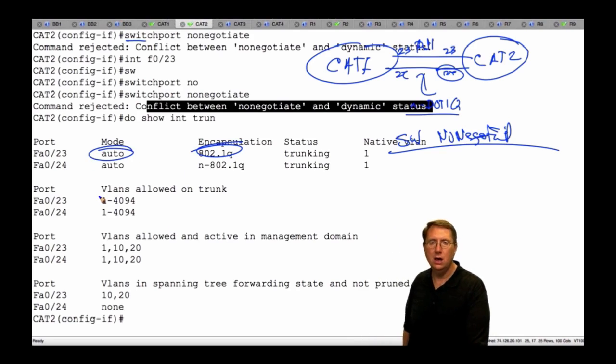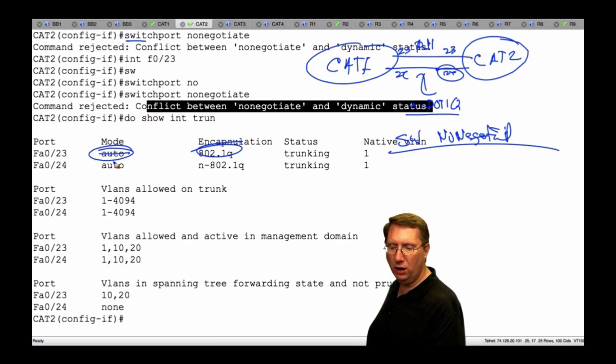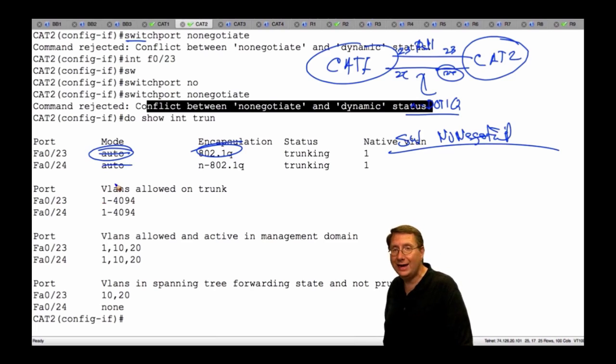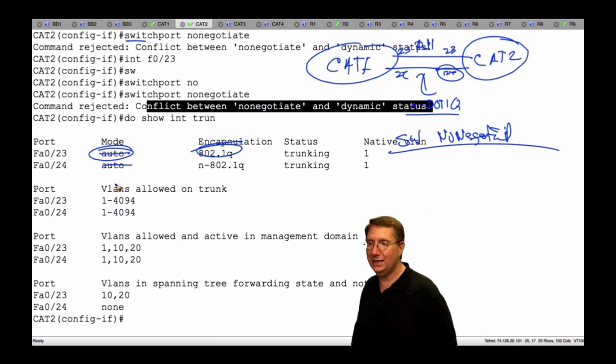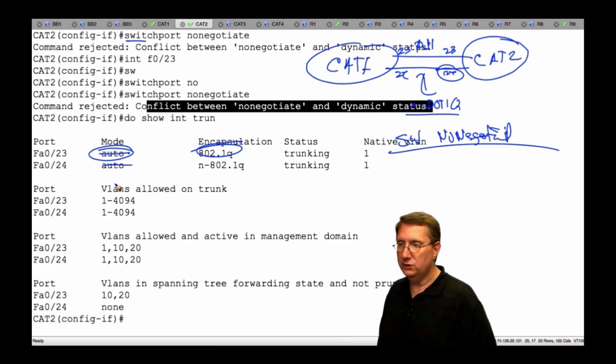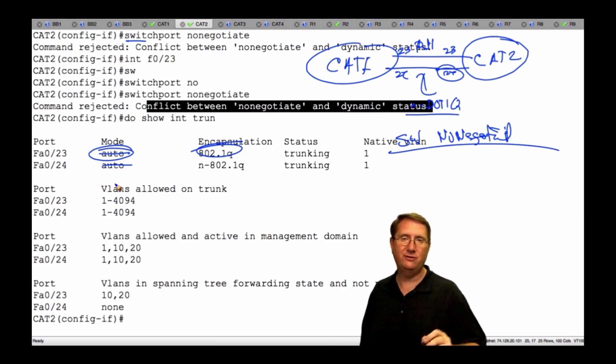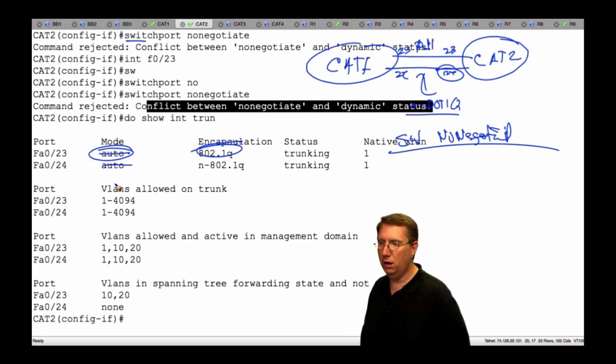We're using auto. So unless I take the port out of auto configuration, I can't turn off DTP. So the only other real option that I have is to shut it down. I could come in and hardwire it, and that's exactly what John's suggesting right here. So encapsulation needs to be defined before I can actually change it. The question is, like Manuel's saying, encapsulation needs to be defined for me to change